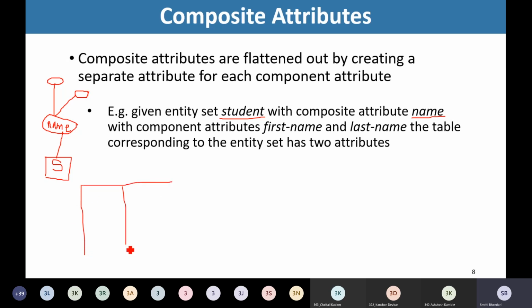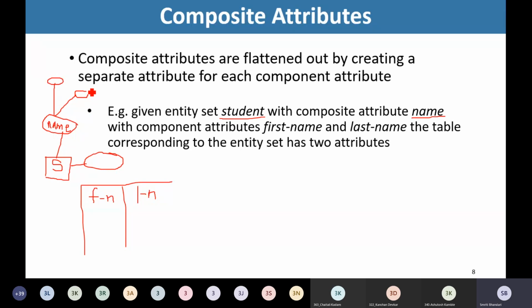So what I'll do is, I'll create a table student. I'm having several other attributes as well, but I'm not right now concerned about all those attributes. So in my student table, for this composite attribute, I will not create the attribute as name, but I will create two separate attributes for these subparts of name. So I'll be having first name as one column, and last name as another column.